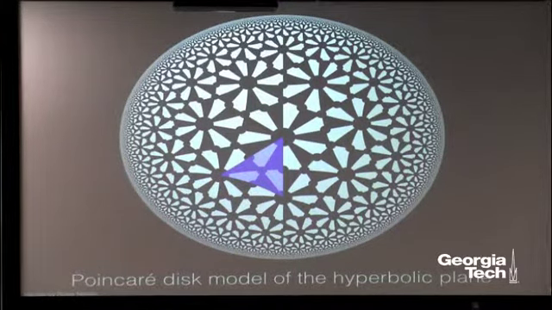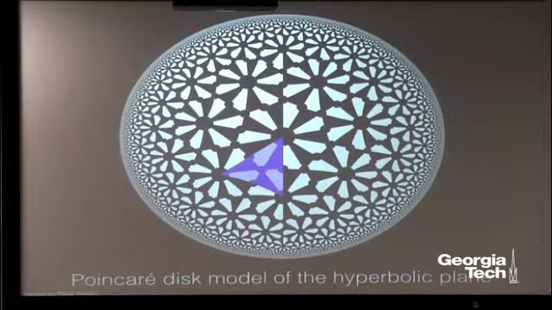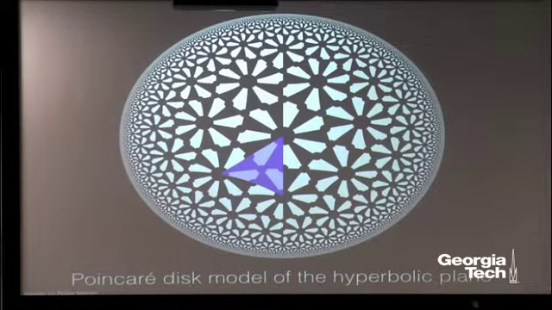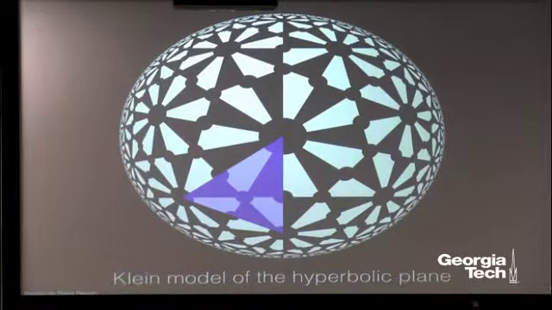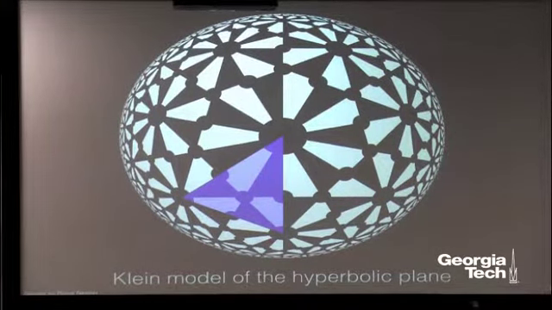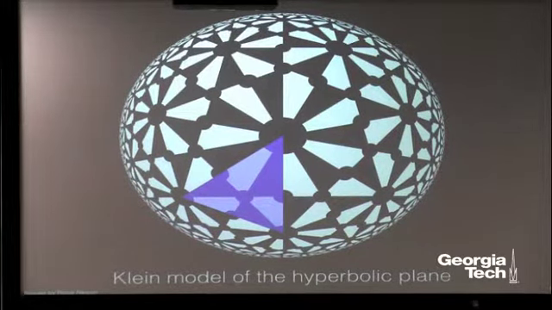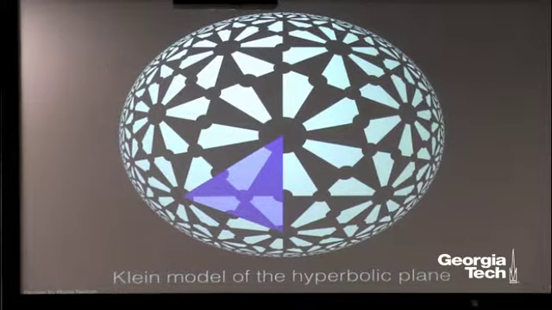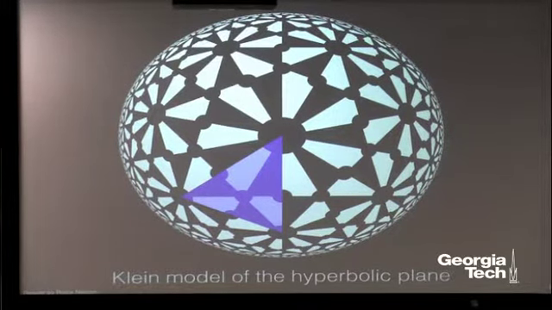This is kind of a funky looking triangle, but this is the distortion that's coming from the map. I've got another map. This is called the Klein model. Here, this looks a lot more like an equilateral triangle. I'm happy that the edges are straight, and this is where the distortion in these screens might come up, but